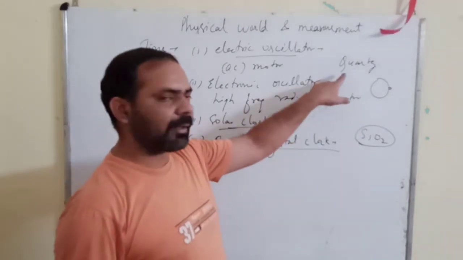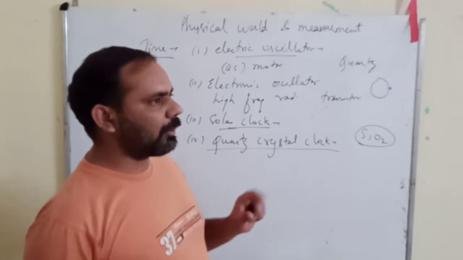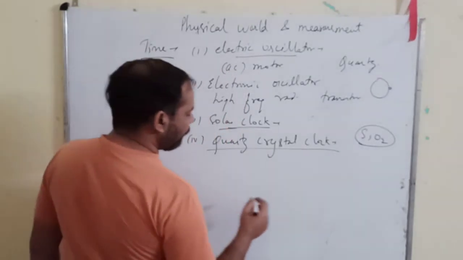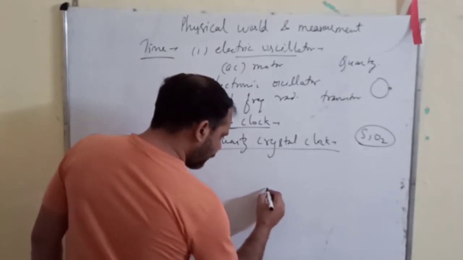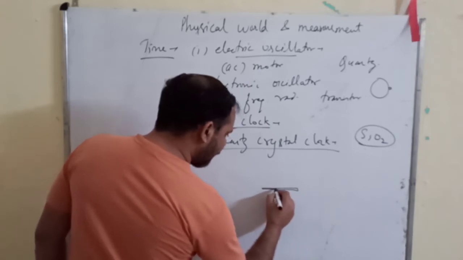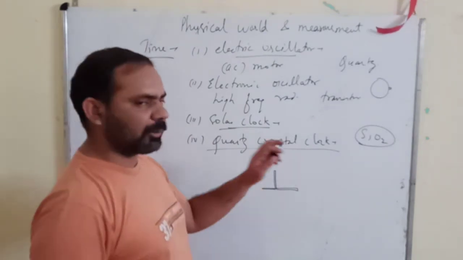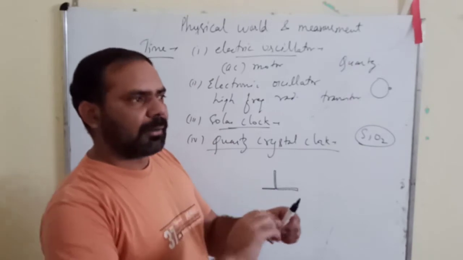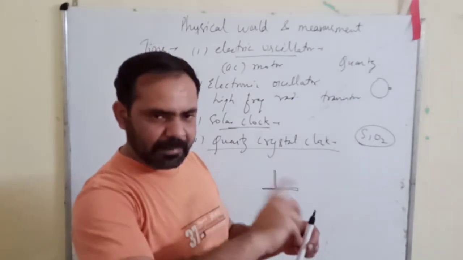This is a form of silicon dioxide, very much abundant in Earth's crust. What we do here is we use the piezoelectric effect of quartz. There are two quartz pieces connected like this, and they are connected with a third quartz piece which is perpendicular to both of them. Now with the help of that key, when we give some twist to the key, it actually tightens the spring inside it.